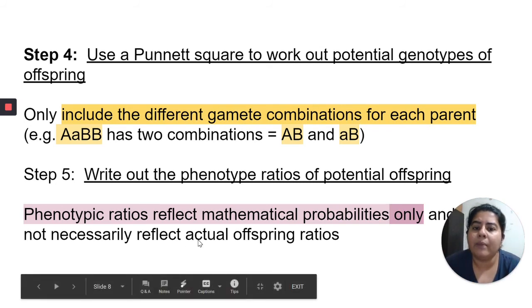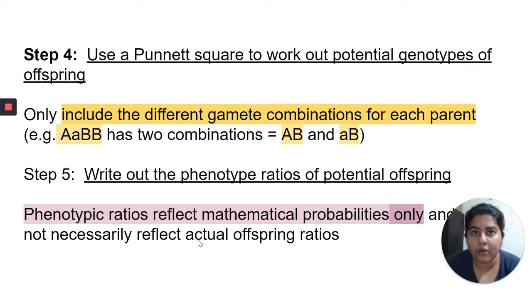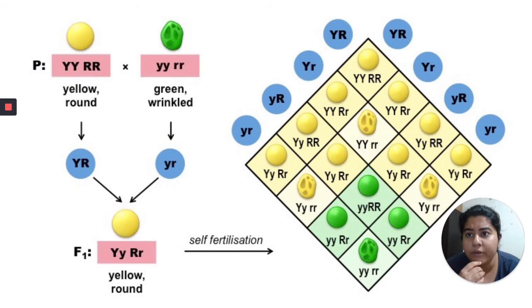So remember, the phenotypic ratio will give you the mathematical probability or possibilities of F2 offspring, what kind of phenotype the F2 offspring will have, all possibilities. It will not tell how many F2 offspring the parents will have. It will tell the possibility of genotypes. So those are the 5 important things that you need to keep in mind about a dihybrid cross.